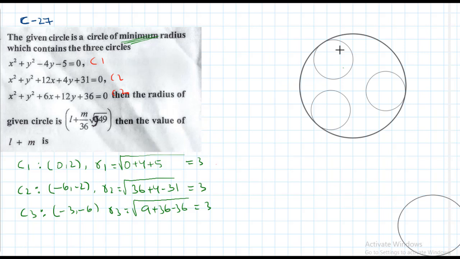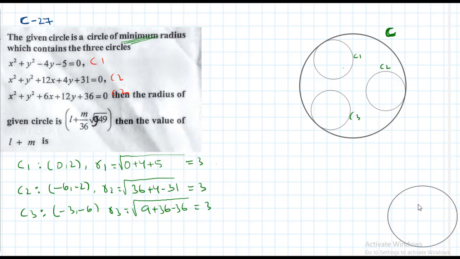Okay students, according to the information, these are the three circles C1, C2 and C3. So this is the required circle C. This circle satisfies all the conditions: a circle of minimum radius which contains all these three circles. C is the required circle. See, C contains C1, C2 and C3, so the radius of circle C is the minimum. But how to find the radius of the minimum circle? The important hint is that all these three circles have radius 3. That's why, observe here.